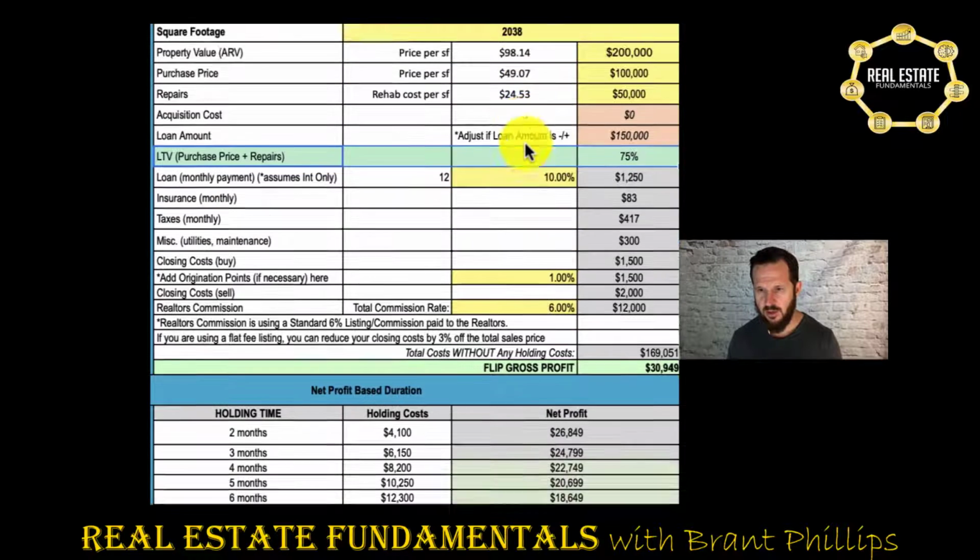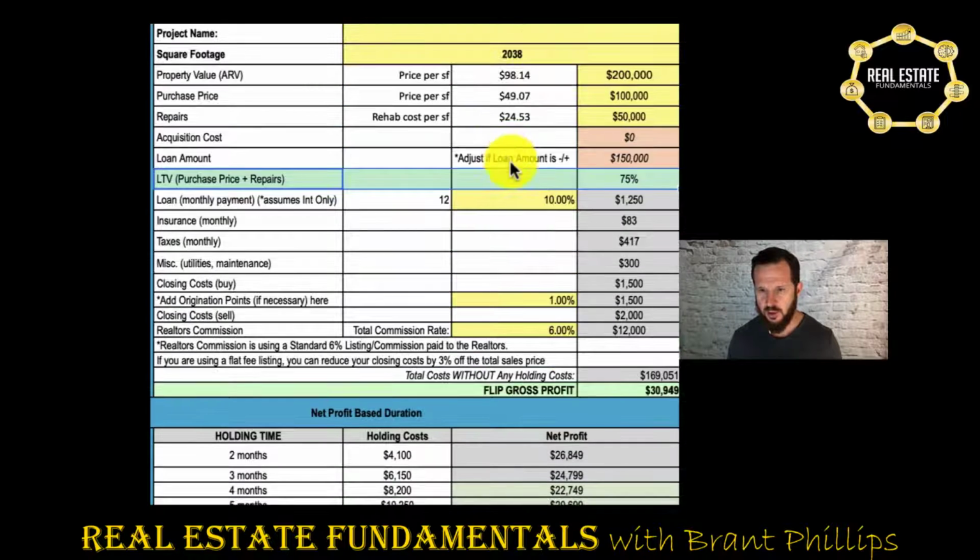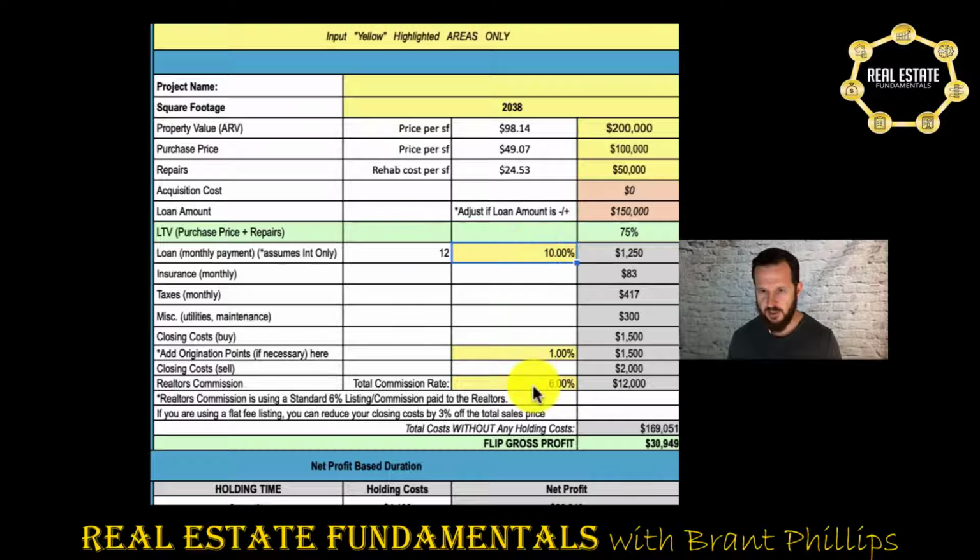Because what I want to share with you guys is, if you make a couple of tweaks here, I just have 10% and 1 point. That's the max that we ever pay for our money. And I'm talking about financing now. Usually it's around 8% and no points. But let's say for training purposes here that you're borrowing with hard money and you're paying 12% and 3 points. Okay. Some of these are just kind of set numbers, like what your insurance is going to be, taxes, utilities, closing costs,